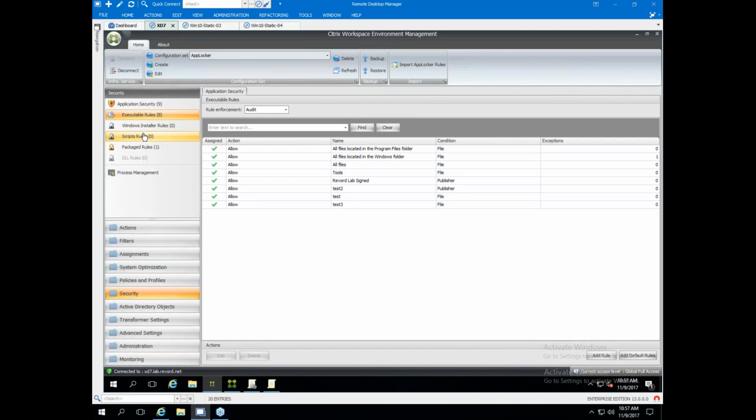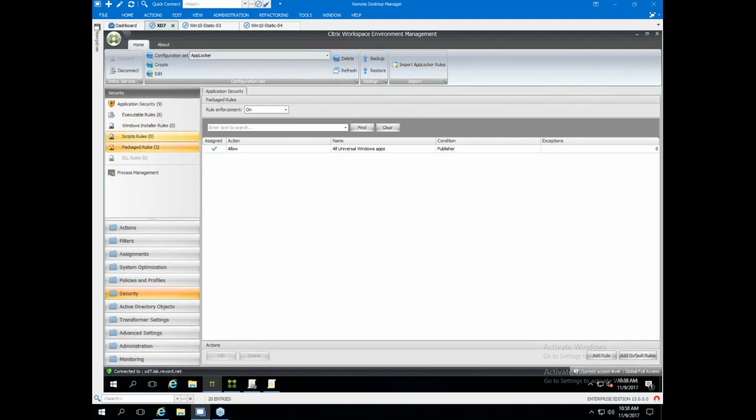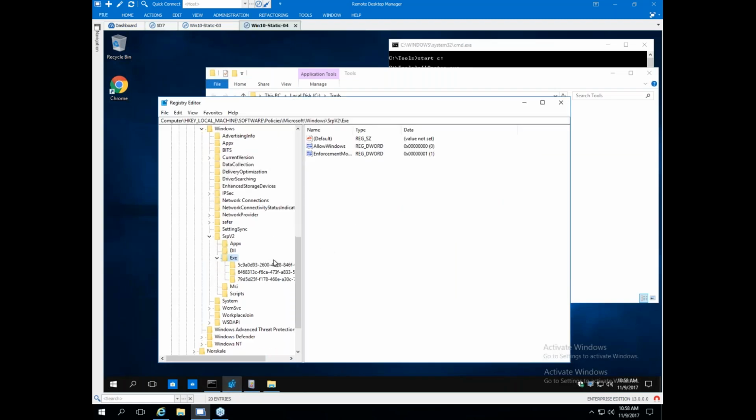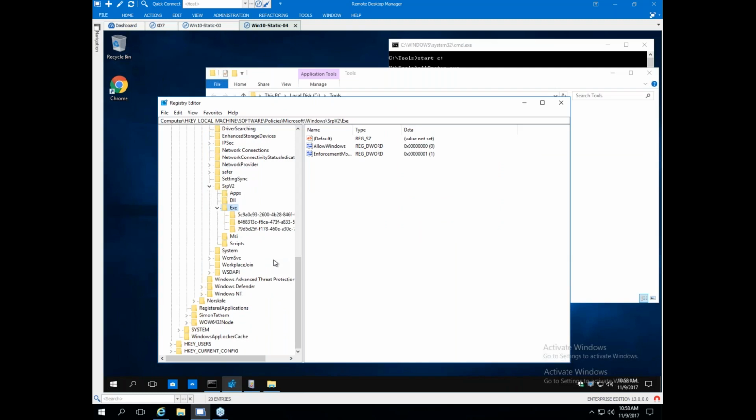Back to the question, what don't we get? Well, right now, in the tech preview that we're running that's public, it only pushes the AppLocker path rules. The hash rules, the publisher rules, the package rules, they're not getting pushed. Let me show you how that works, because this is important. Going back to our prior discussion, we're just using WEM to push the same GPO configs that we would with GPO. That's right here.